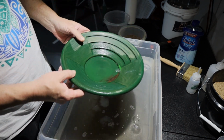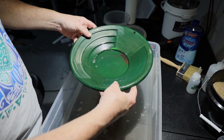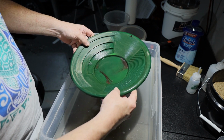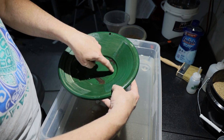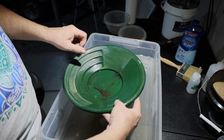So I can already tell that this stuff is very, very light gold. Like just very thin, fine flakes. Super thin. For it to float like that coming off when I know I had Jet Dry in there. See, look, that gold's still floating. I know that's gold too, but maybe it's not. Maybe it's just mica and that looks like gold. I don't know if you can see in the camera, but